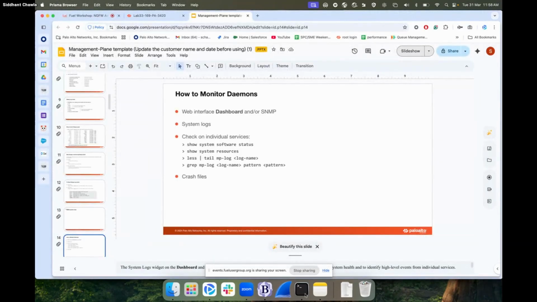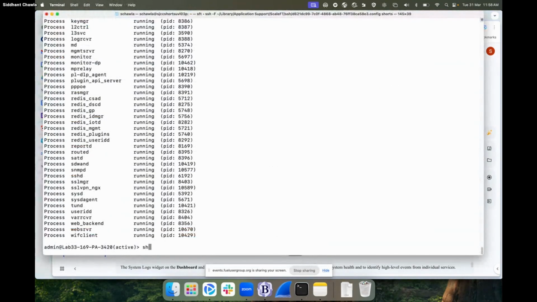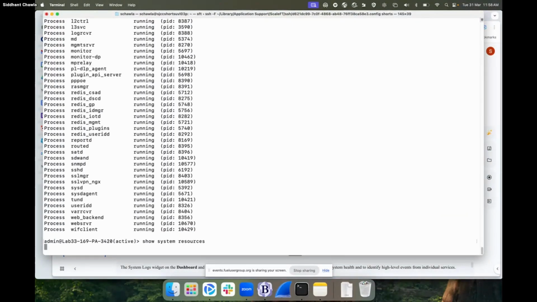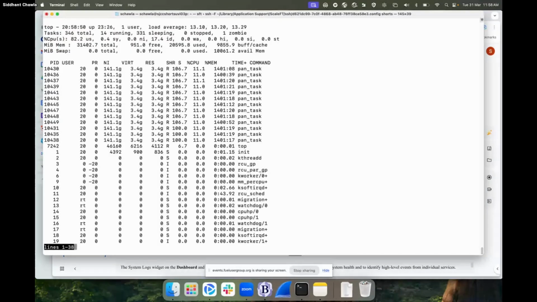Show system resources. This is a very useful command when we are troubleshooting management plane related issues. You can verify the information over here, the top. If you have already used Linux or Unix systems, you will see this output is similar to Unix systems. You can see one user is logged in, load average,